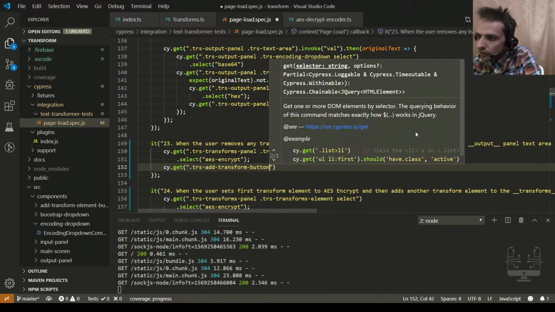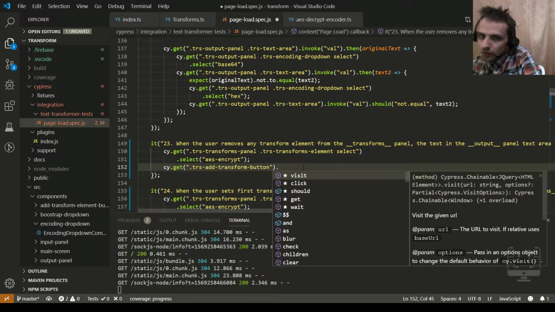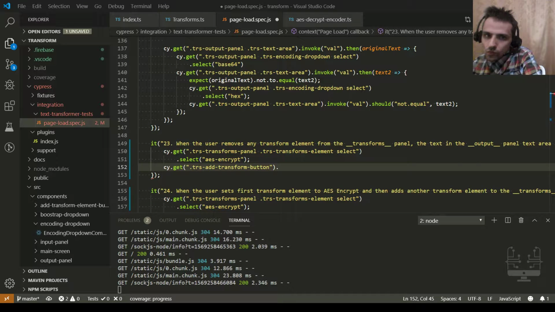So let me try sci.get. TRS add transform button, and here, hold on a second.